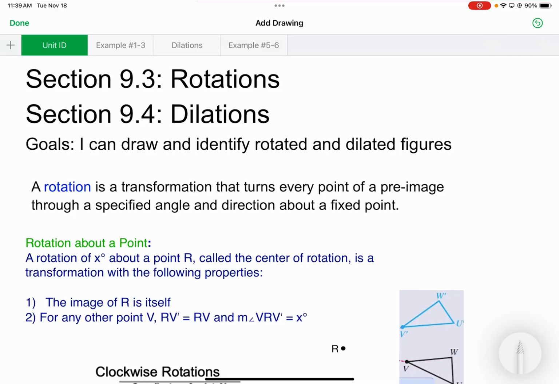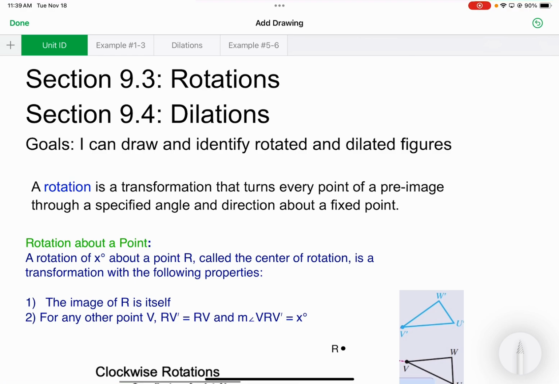So, rotations. You guys know what it means to rotate something? Oliver just had to rotate his combination lock on his locker to open it. Oliver, which direction did you rotate first? Clockwise or counterclockwise? Clockwise, to the right, which would be clockwise. Good. So we're going to talk about rotations with respect to some of them being clockwise, some of them